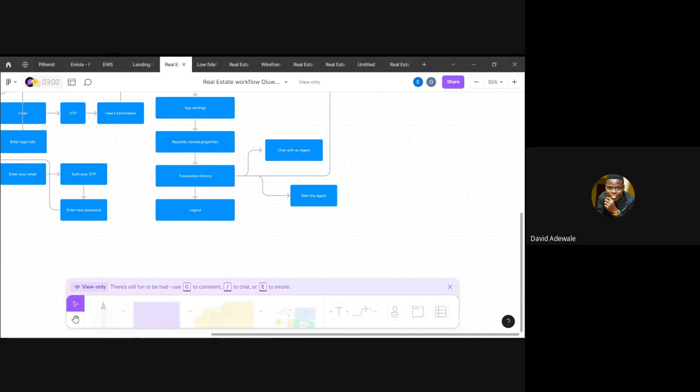So you can quickly ask the agent, is this property still available? Because at some point the agent might be carried away with money and forget to update the app that this has been taken or sold, or that people have paid for it. They might not even come down to this app again. So you can literally just chat immediately.